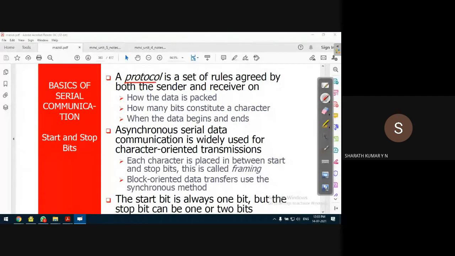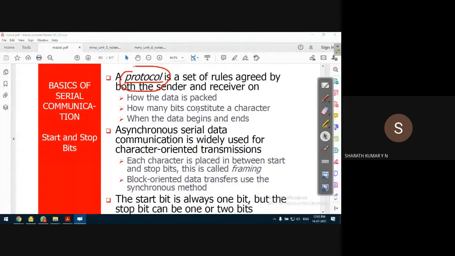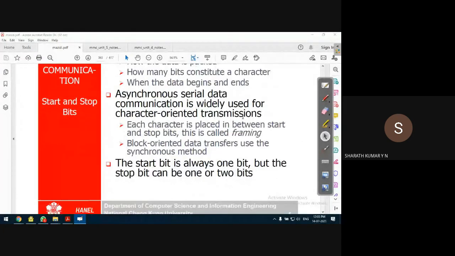Protocol means the understanding between multiple devices on transmission of data. If there is no protocol, if there is no understanding, the receiver does not know what the sender is sending, whether the sender is sending only the start bit and stop bit, or the actual data. There should be a standard rule, which is called a protocol. So that's about the protocol. There's more discussion, but that's enough.